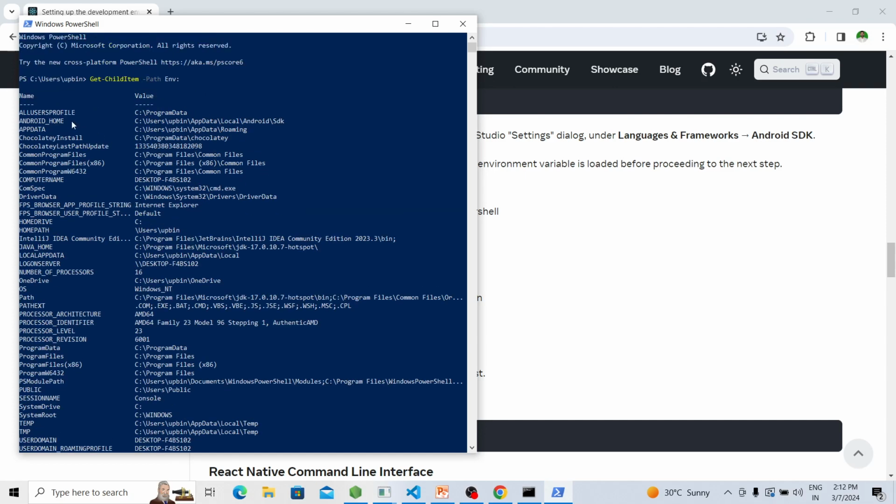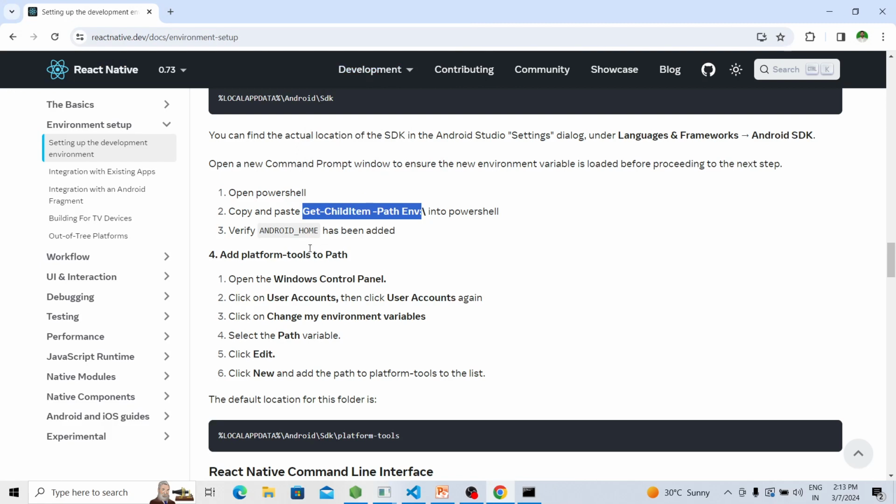You see Android Home, which we set, is appearing, and here we also set the path. Yeah, this one. You see in this there is already a path there. So after checking this you have to close this window, and